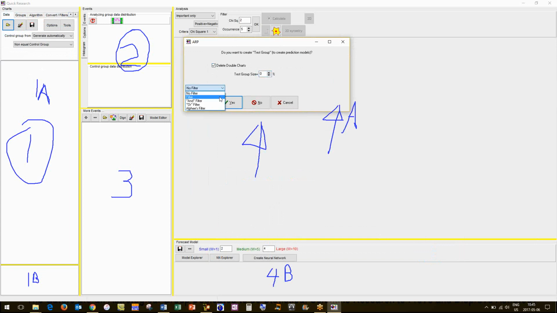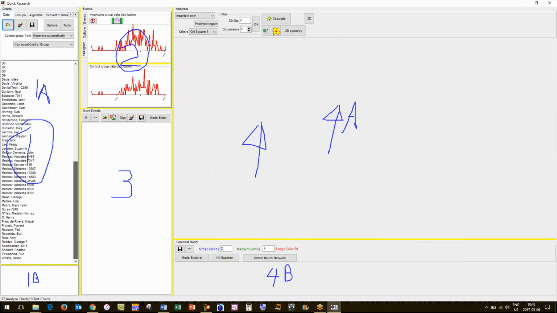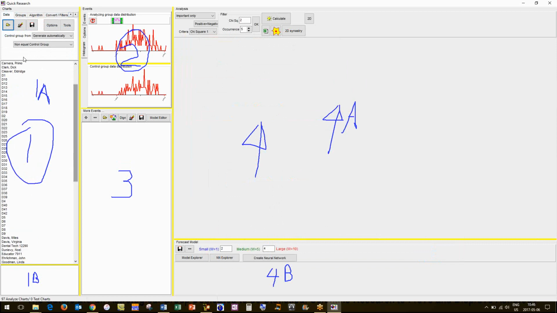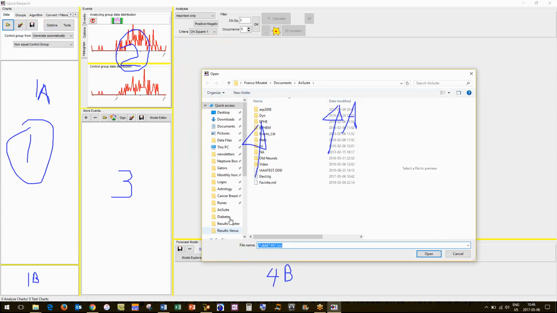So when we're doing our initial study, this test group here is normally set to 0. And you have an option of setting a filter. Now, normally in this data here, we have all these people who have diabetes. You see how everyone comes up and they all get stored here in section 1A. So if I delete that, I'll show you what happens when we run the test group.